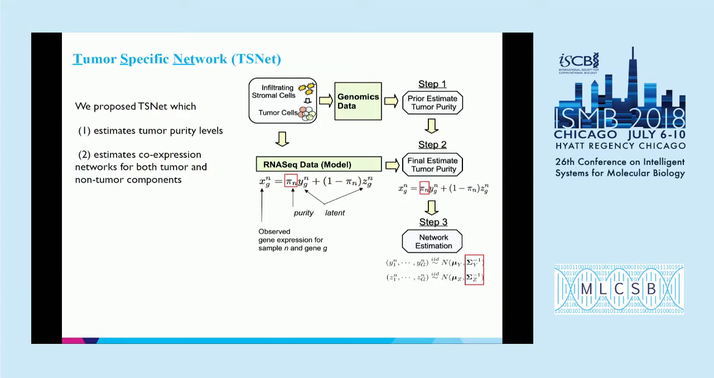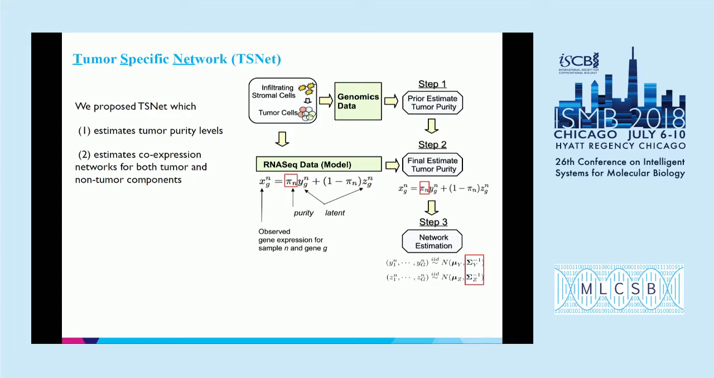So what we do is that we assume that we have some prior estimate of tumor purity that you can derive based on other algorithms, like you can use ABSOLUTE that infers tumor purity from copy number variation data, and then we consider this prior information in our model and we derive a final estimate of tumor purity. Then considering tumor purity as fixed, those pi n, we basically learn